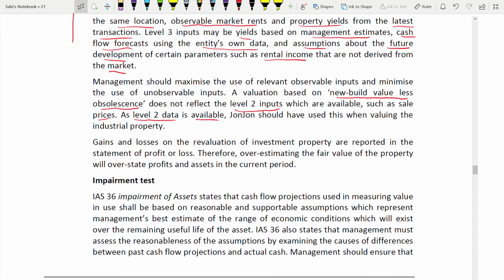So, as level 2 data is available, Jonjon should have used this. You see, you are correcting them. They should have used this rather than level 3 when valuing the industrial property. Now,